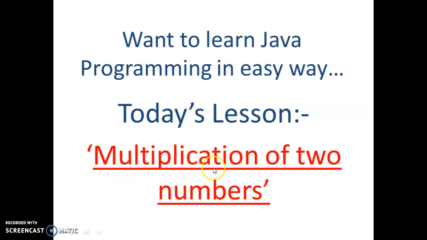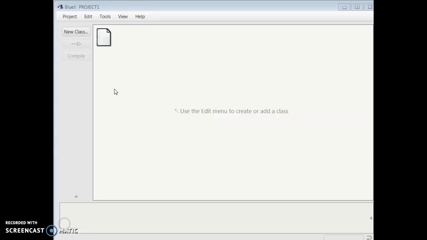This is for beginners who just start to learn Java programming. So I want to show an easy way how to write a Java program. My today's topic is multiplication of two numbers. So let's start. Here you can see the Java screen.